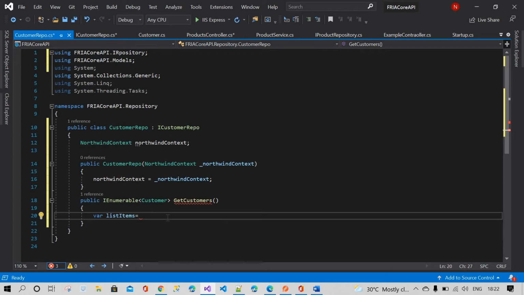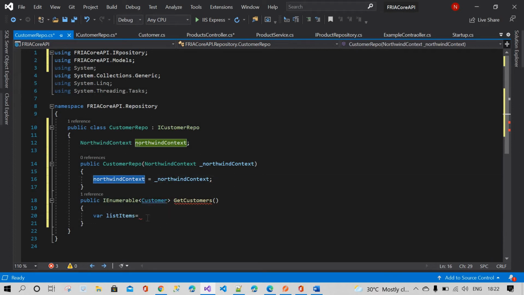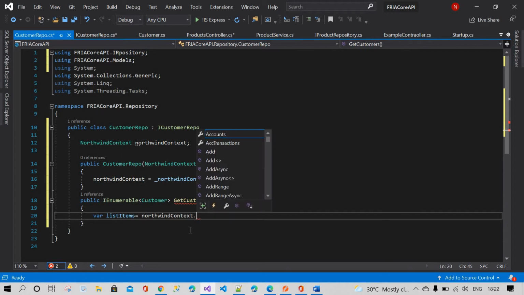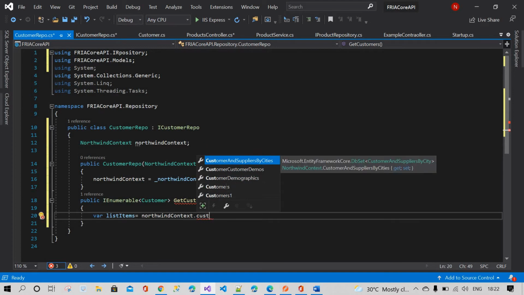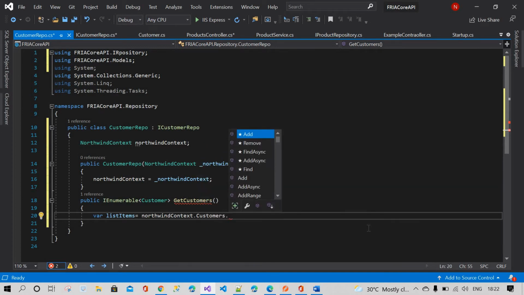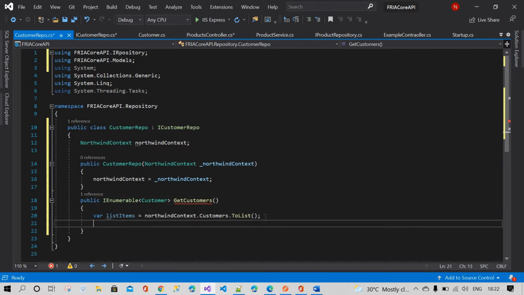First of all let me complete this, and after that I will show what we have to do in the startup class. This is the Northwind context dot customers; I want to retrieve the customers data from the DB in the form of a list collection, ToList. Now my part is done. We are getting an error; sorry, we have to return the list items here.